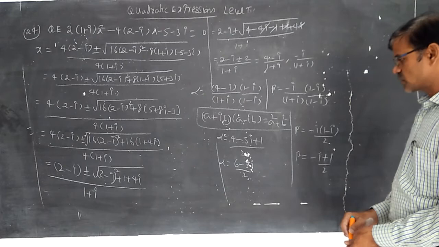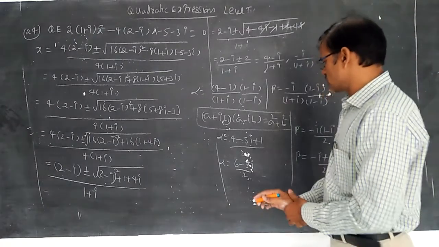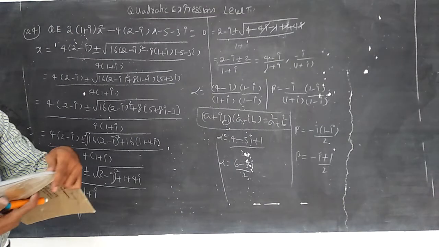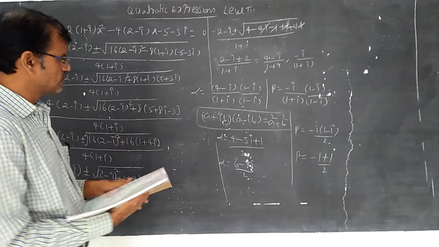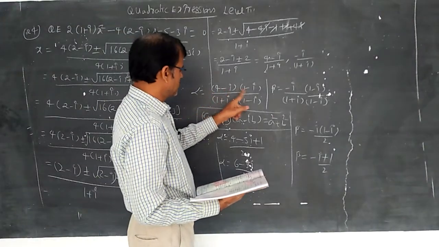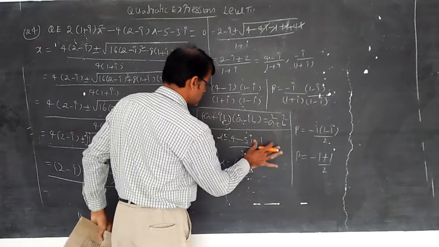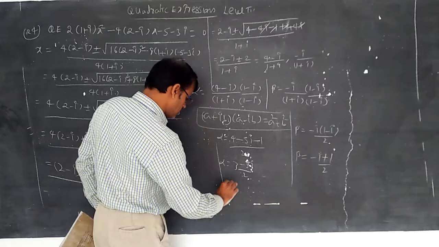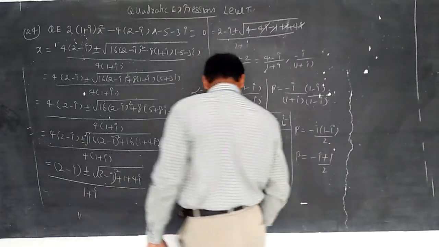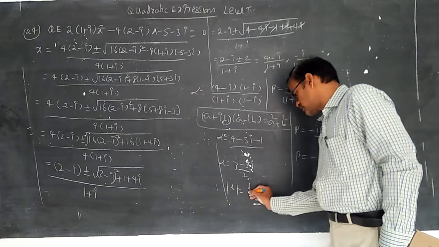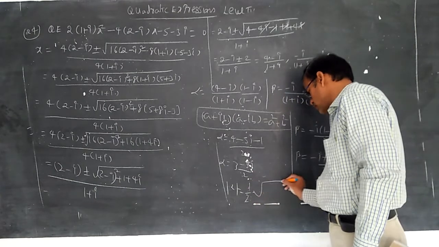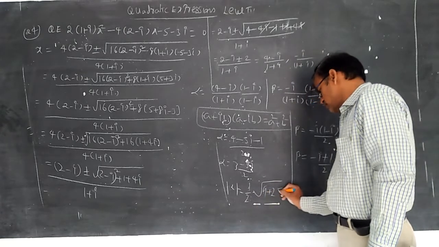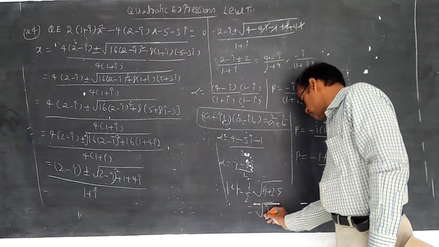Now they are asking about the greatest modulus. We should verify option 3 minus 5i by 2, can be somewhere wrong. So minus i square becomes plus, plus i square becomes minus. So 3 minus 5i. Modulus of alpha is equal to, 1 by 2 taken common, root of component square plus component square. So 9 plus 25. So that is equal to root 34 by 2.